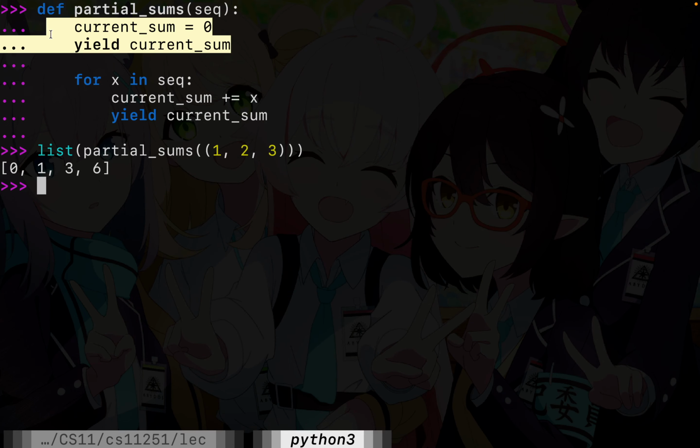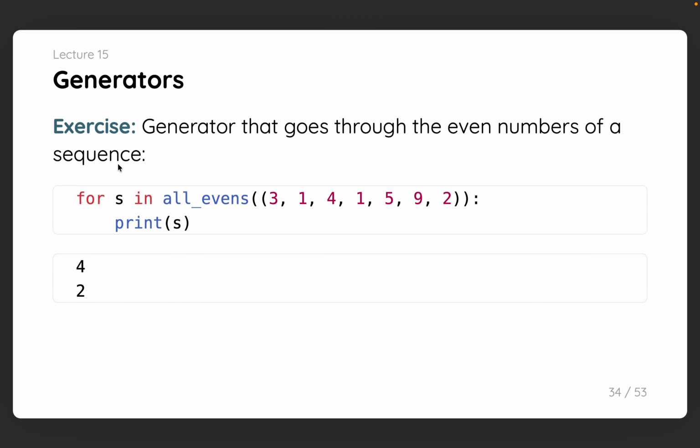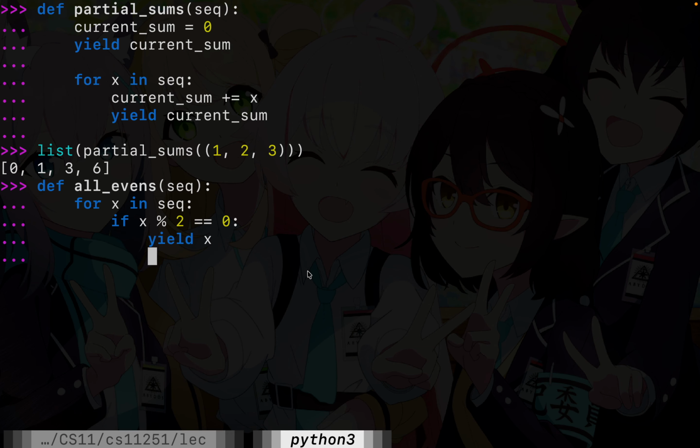Okay. So again, we yielded at the start here because the empty prefix always has a sum of 0. Okay, how about if we want to filter things out? Remember that we said that comprehensions are also capable of filtering certain elements out. So, if we have defined all evens of a sequence, the way we do that is for x in sequence, if x is even,